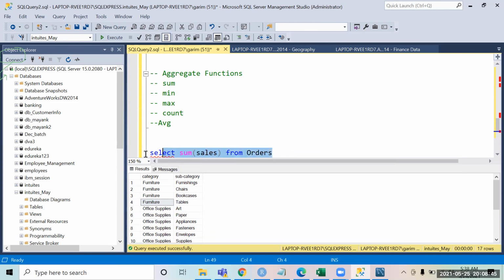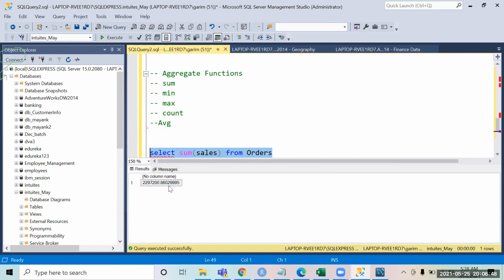If I say select sum of sales, you will see it gives me the total sales value. So I can see select sum of sales and I get the total sales over here.